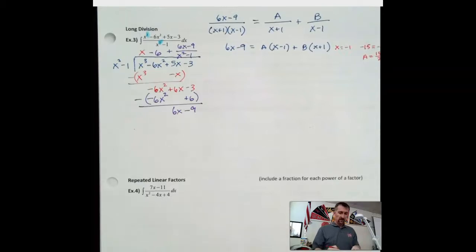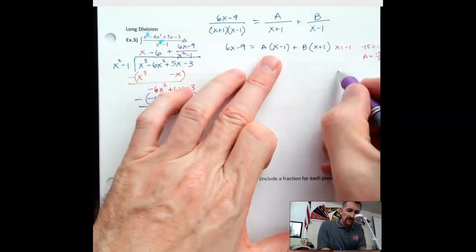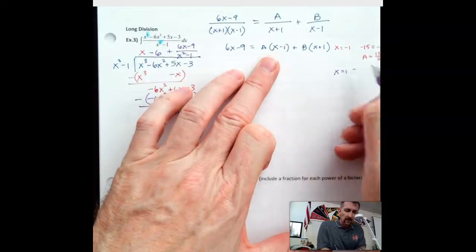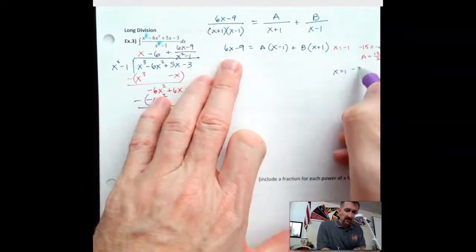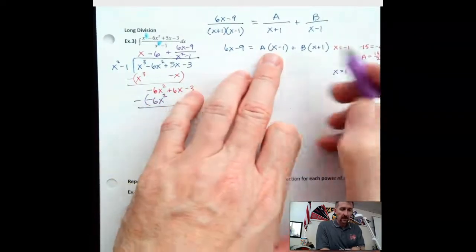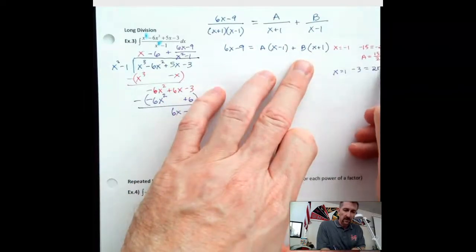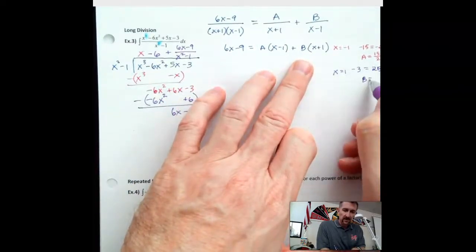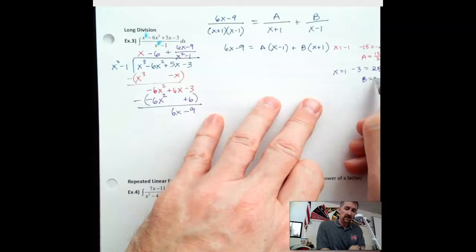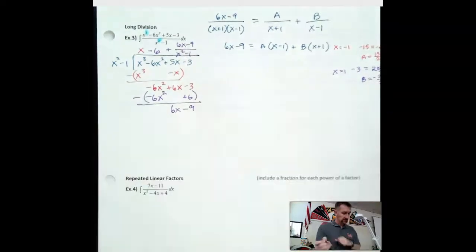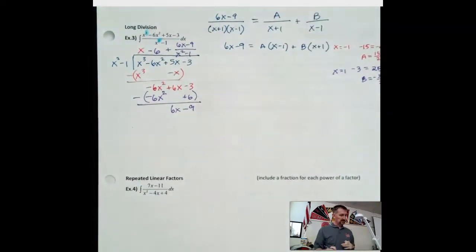Alright, that's a little awkward, but okay. Now if we let x equal positive 1, that's going to be negative 3. And positive 1 here will be 0, that'll be gone, and this will be 2b. So b is going to be negative 3/2, like so. So that's a little bit awkward, but